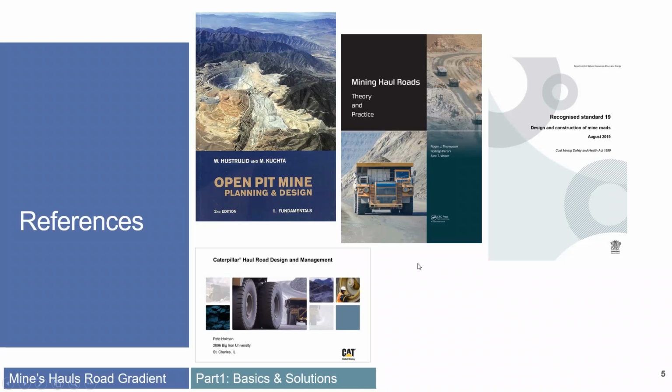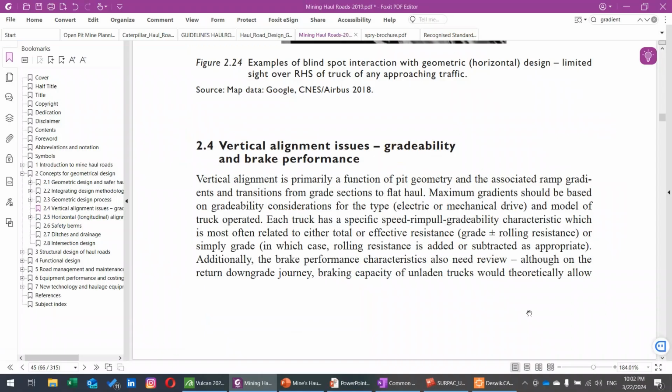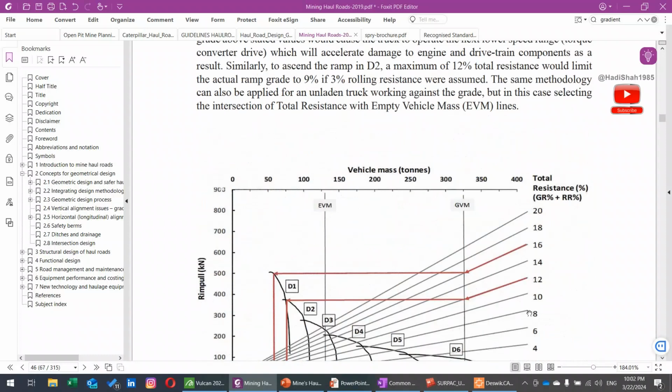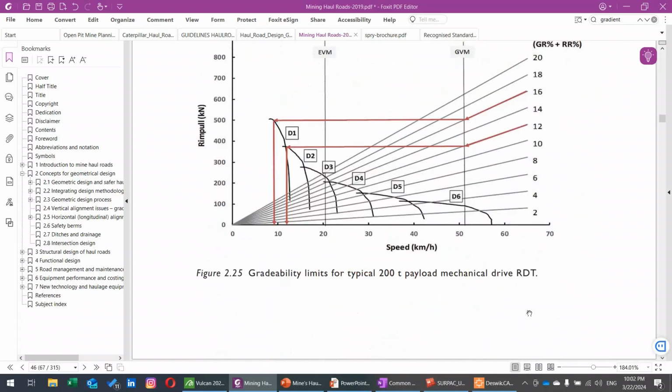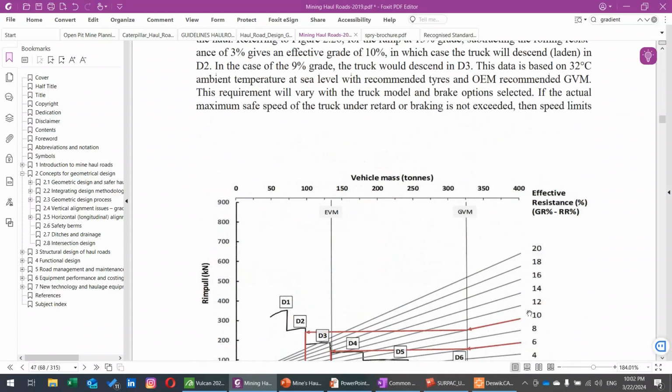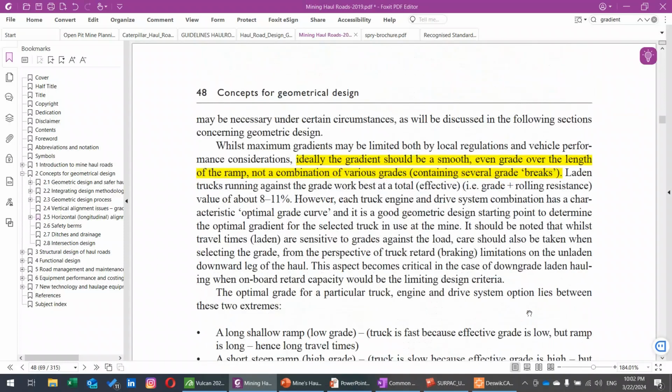Now let's take a look at the next book, Mining Haul Roads, Theory and Practice by Roger J. Thompson. In this chapter, nearly all of the concepts related to vertical alignment of ramps, as well as many useful tips, are provided. What is the rolling resistance, performance curves with examples, as well as the retard curves, braking curves, and finding the